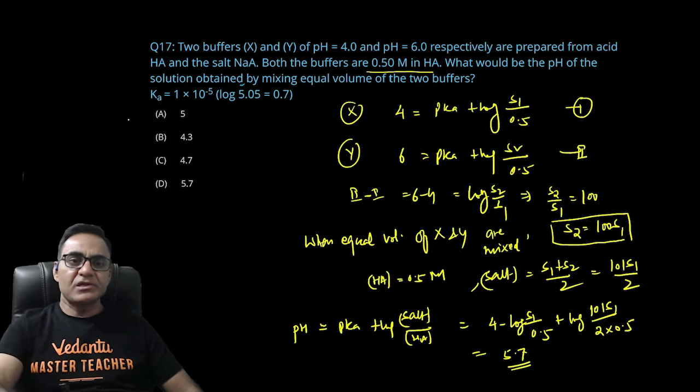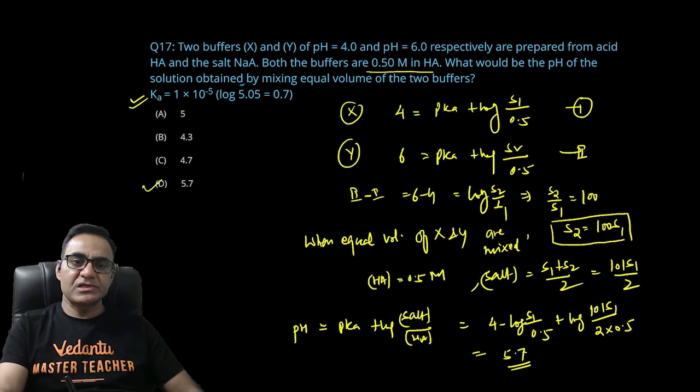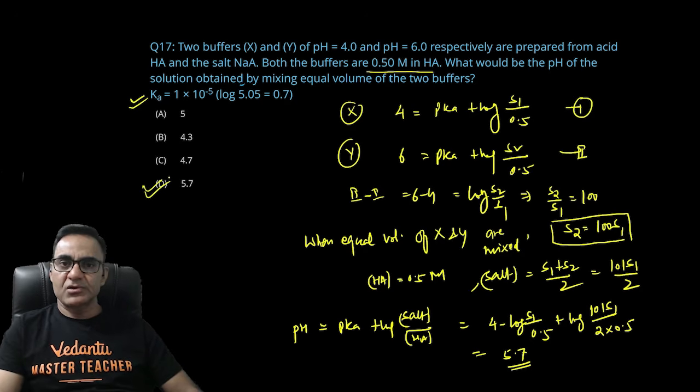और यूनिक बात इस सोल्यूशन की ये है कि इसमें मैंने pKa और K यूज ही नहीं किया है। बहुत पुराना क्वेश्चन है ये, JEE में आया हुआ, तो उसमें K दिया हुआ था और K को यूज करके तो और आसान हो जाता है। तो इट्स 5.7 यानी कि D इज द करेक्ट आंसर ऑफ दिस क्वेश्चन। ऑलराइट,